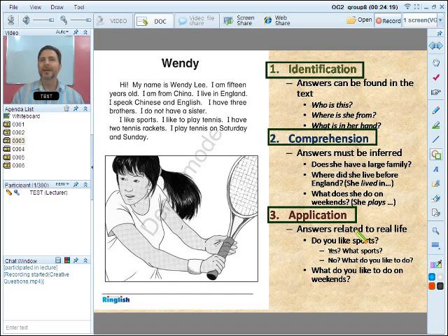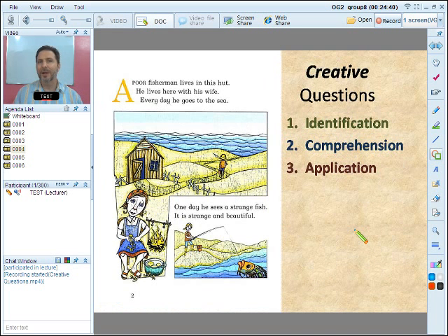Step one, kind of get them warmed up. Step two, introduce them to anything new. Check their understanding of the lesson, and then step three, how to make it more relevant or communicative for the learner. I hope all this makes sense, because what I'm going to ask you to do is stop the video,